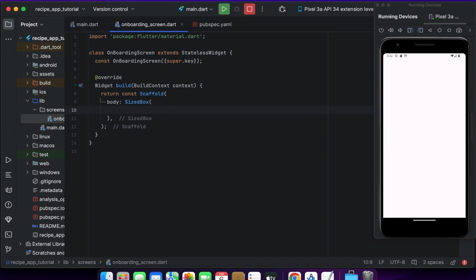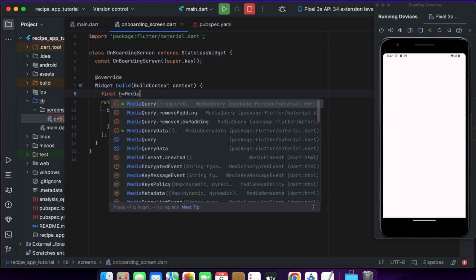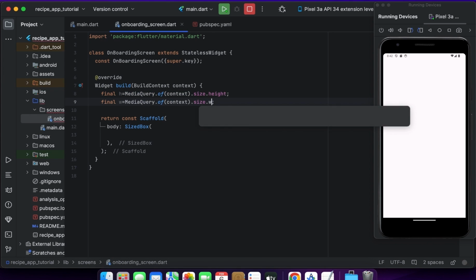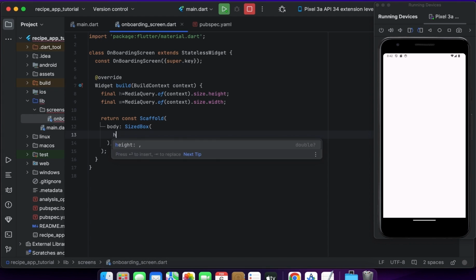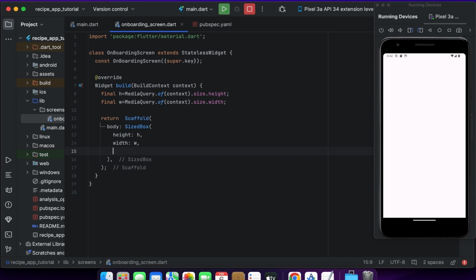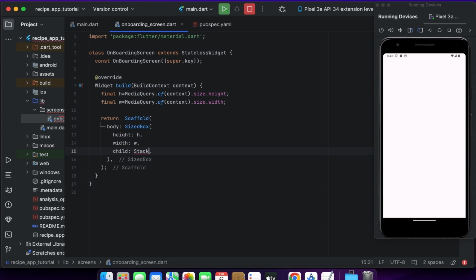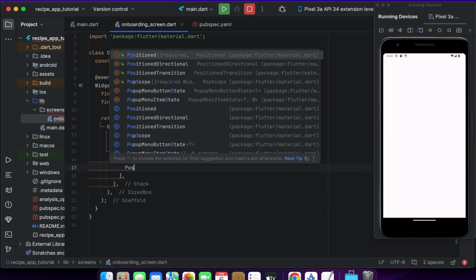In body I will use sizebox widget. Here I am creating a height: media query dot of context. This is for responsiveness of the UI. To create a responsive UI we need to use the media query for height and width. So I created here height and width and stack widget inside sizebox,